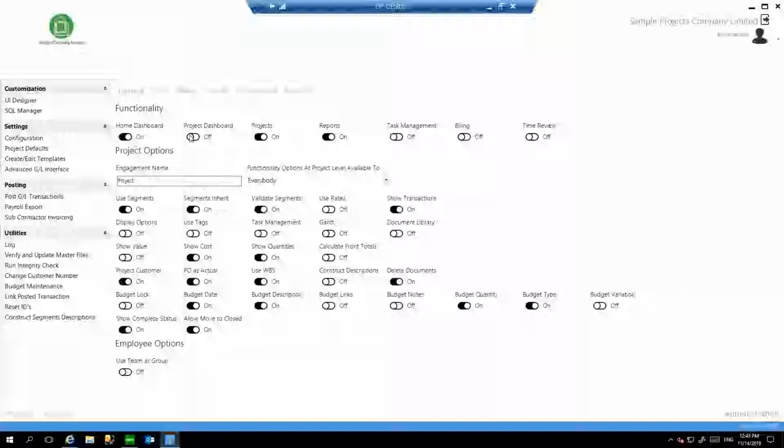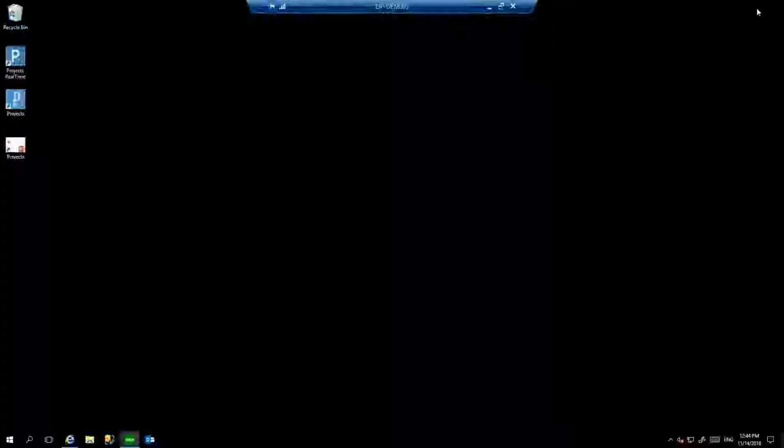But now we're going to switch on some of the features that maybe a time billing environment would like, such as dashboards, billing, time review, showing transactions based on value, and also giving additional options. So by switching on these, and maybe we also want a document library as well. So if we switch that on, now when we close out of the project manager and we log back in,